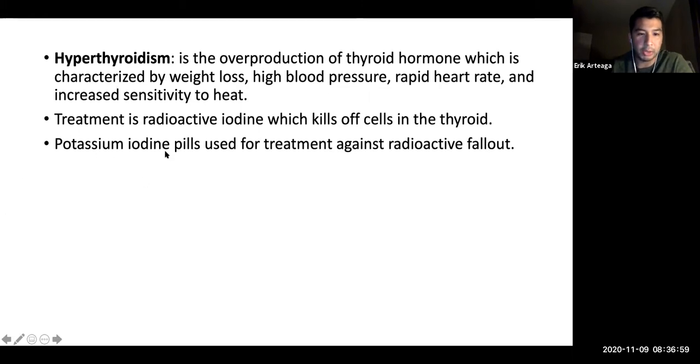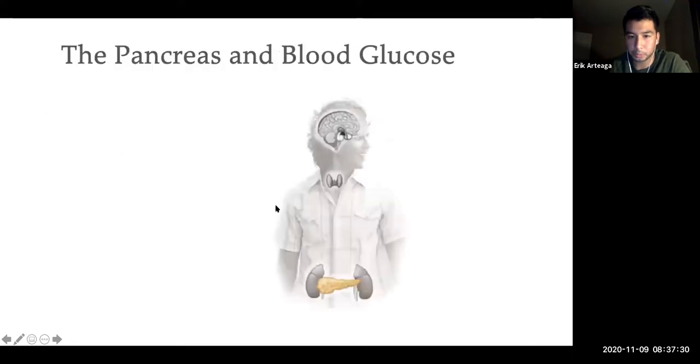They would prescribe individuals that have been exposed to high amounts of radiation potassium iodine pills. Again, they were worried about radioactive iodine species coming into contact with those individuals. Potassium iodine, again, is much more stable, much more soluble. It should get to your thyroid much quicker and kind of outcompete any radioactive iodine that may have been absorbed into your body. Okay, and this can kind of protect you from being exposed to higher amounts of radioactive fallout. Okay, so potassium iodine pills would be really the only treatment.